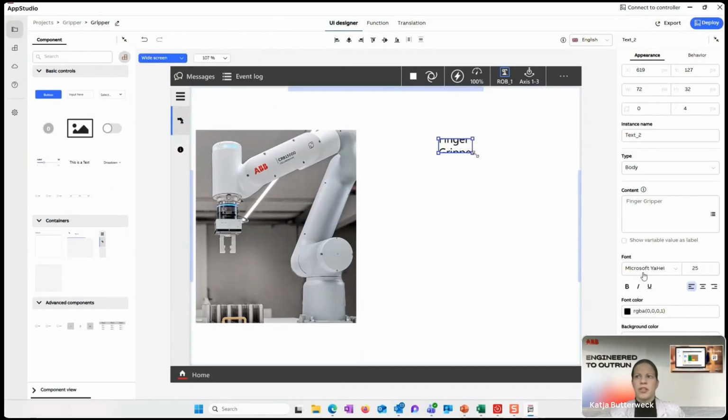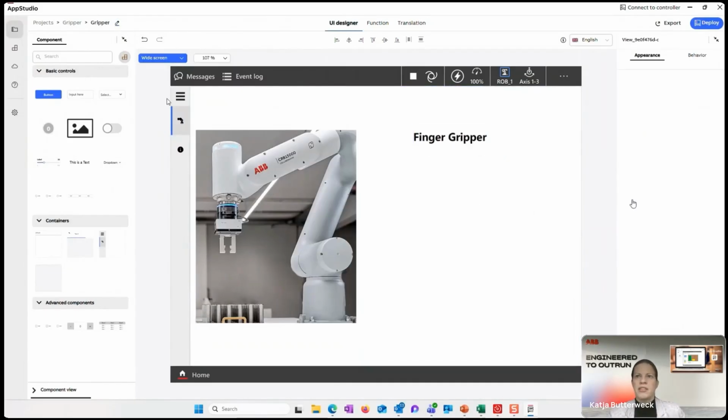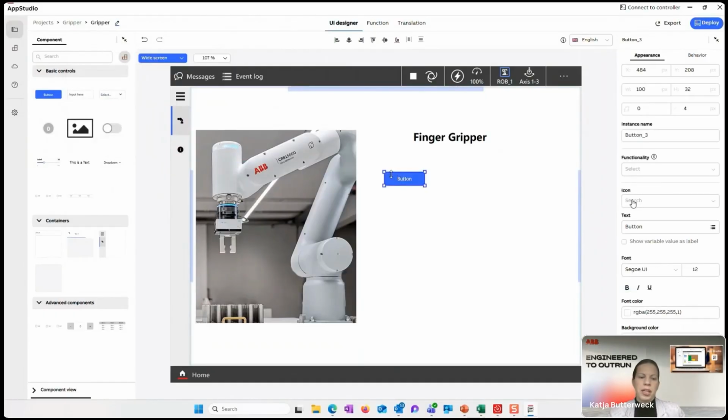I can change the font type and font size, and also maybe make it bold in this case. And then I also want to have two buttons, one for grip and one for release. So here I will show you also how the different languages work. So I can make it basically